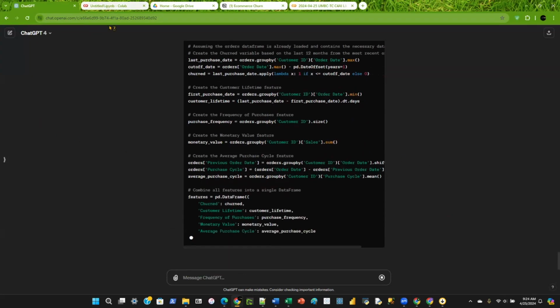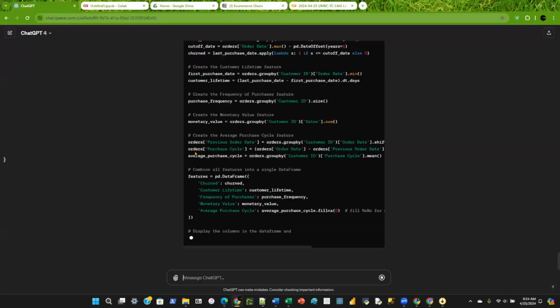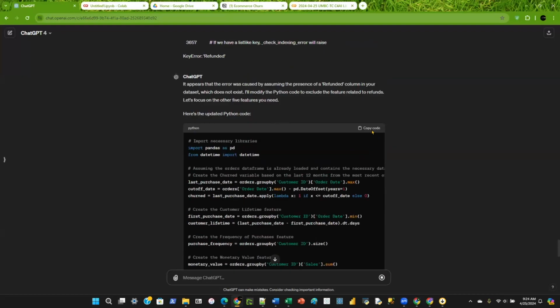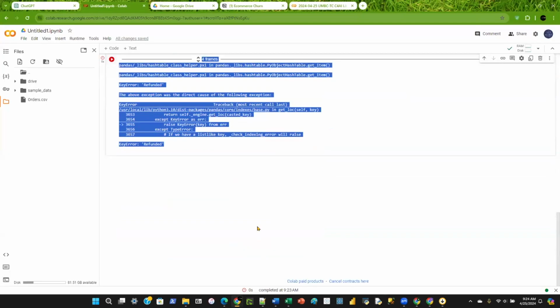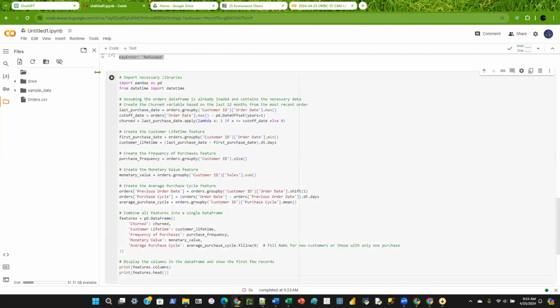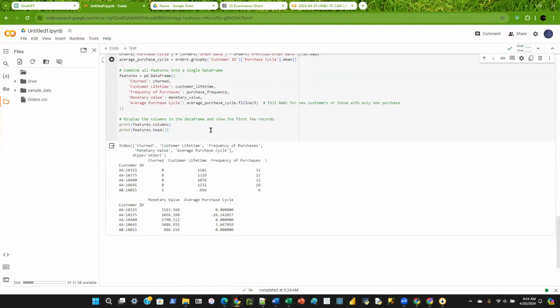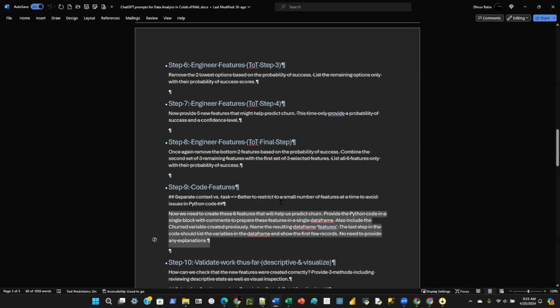All I had to do was just copy this new piece of code, go back here, and let's see. And it runs. And now we can see it has given me the churned Boolean flag 1, 2, 3, 4. It's missing one of the features, and it's missing the refunded. But just in the interest of time, I could go back and say, hey, you're missing another feature. But in the interest of time, I'm just going to keep these 4 features that have been added to the data set. Okay.